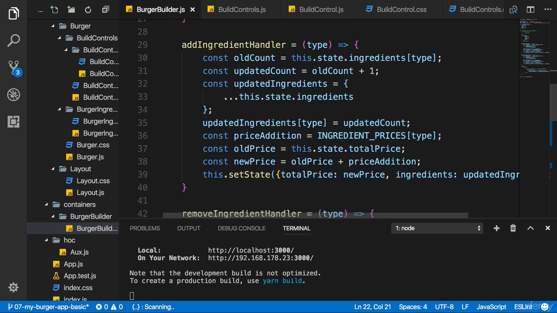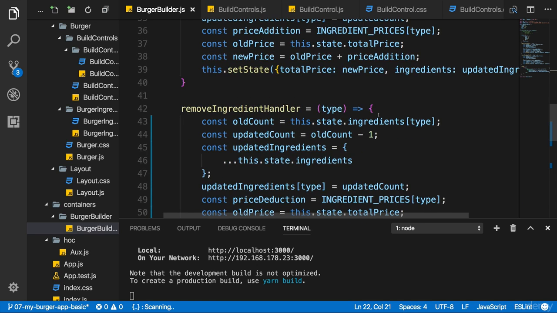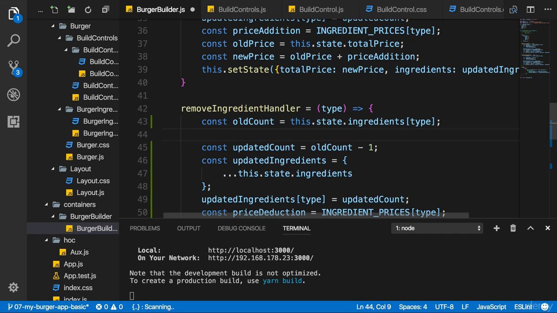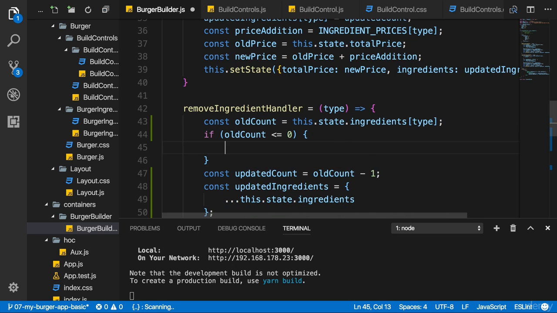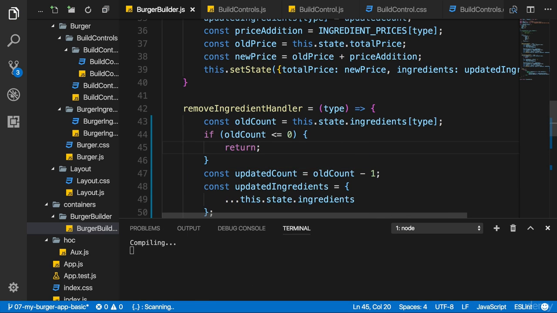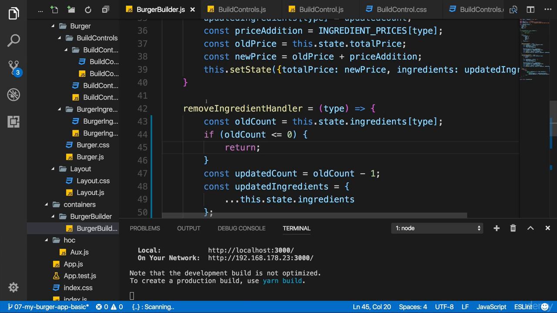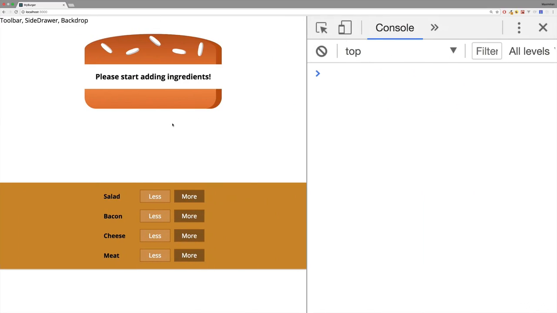So we should fine-tune our remove ingredient handler by also checking if we do have ingredients to begin with. So the old count of a given ingredient should be greater than 0. If old count is smaller or equal than 0, then I essentially want to return so that nothing happens if we try to reduce an ingredient which we don't have.